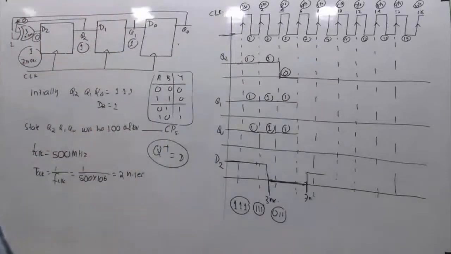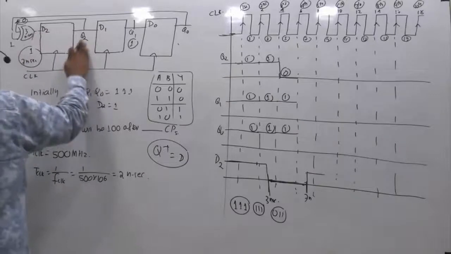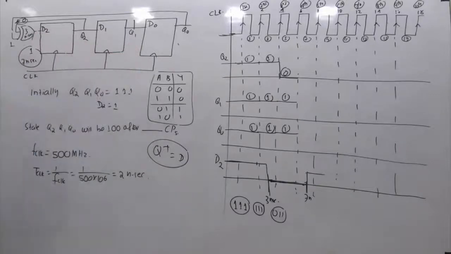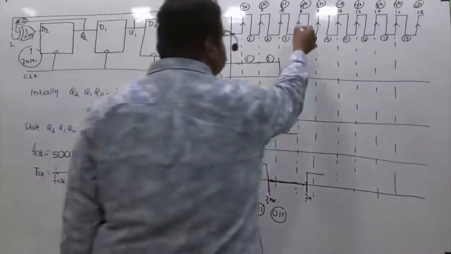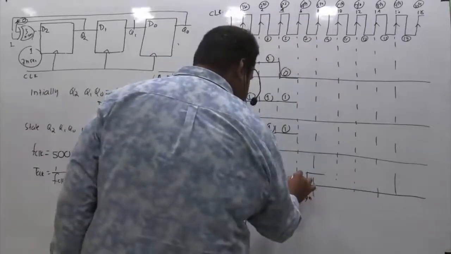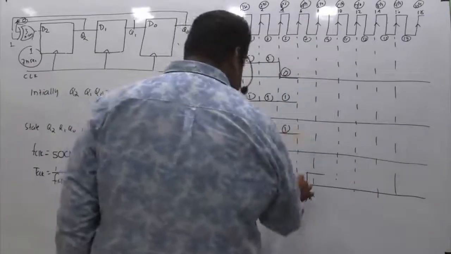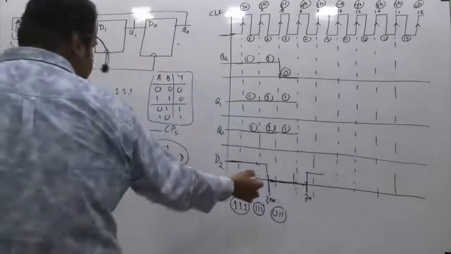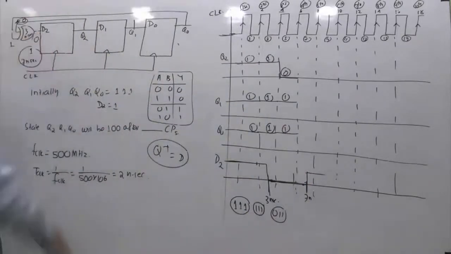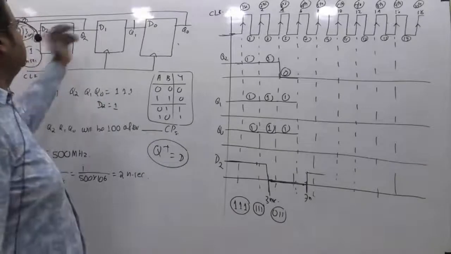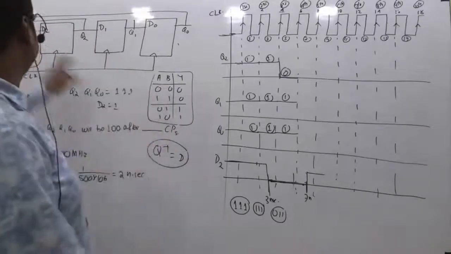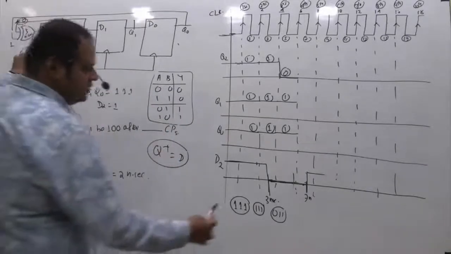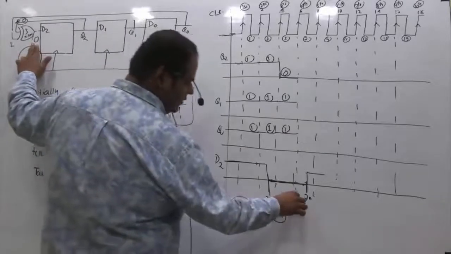Now I have to ask, at the fourth clock, what is going to happen? Then I should again check, before the fourth clock, what are the statuses of these flip-flop inputs. So before the fourth clock, so this is the fourth clock, right? So what is the state? Here, you can see D2 is equal to 0. So these are the inputs it is supposed to process after the fourth clock. Just before the fourth clock, D2 is equal to 0. This is the fourth clock.